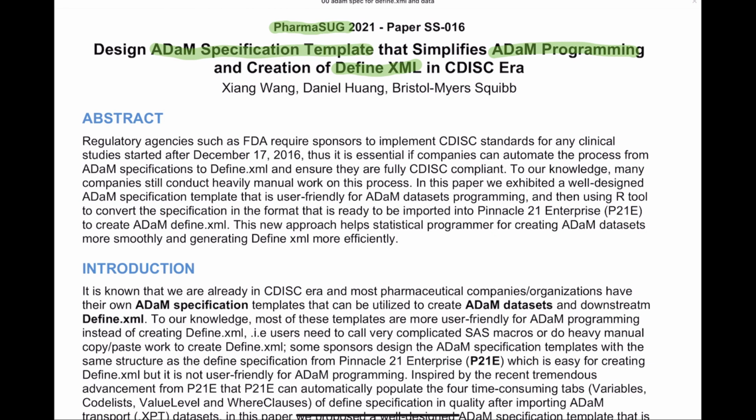So basically, this paper is really good quality because it talks about the three very important roles as a statistical programmer. We are dealing with the specifications and the ADaM datasets creation daily, and also the Define.xml. Define.xml is a very important component for the submissions. So let's see how this paper handled all these three topics. So as you can see,